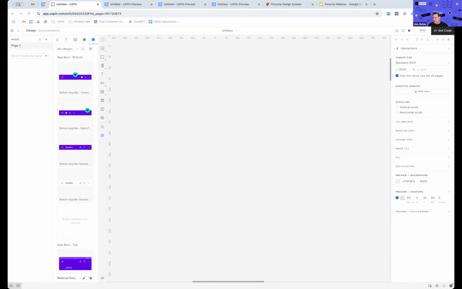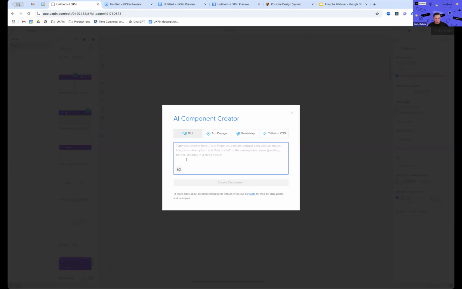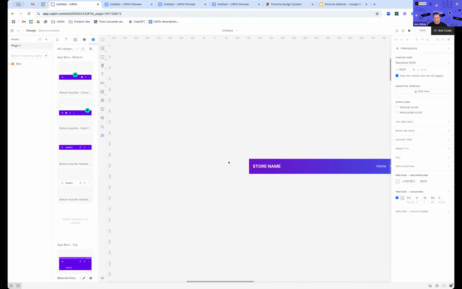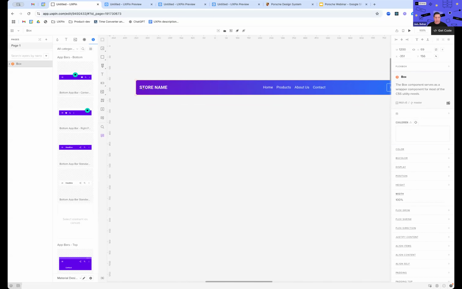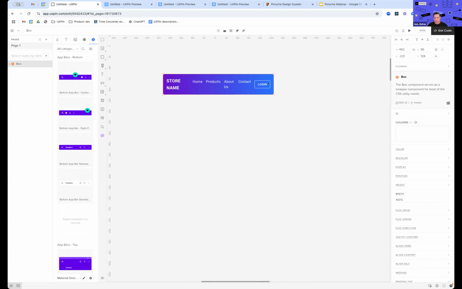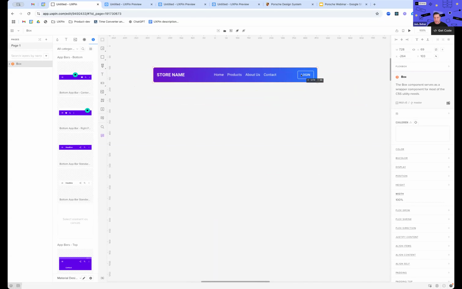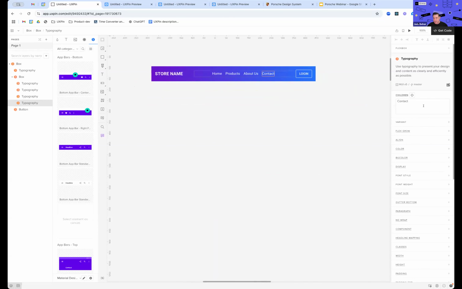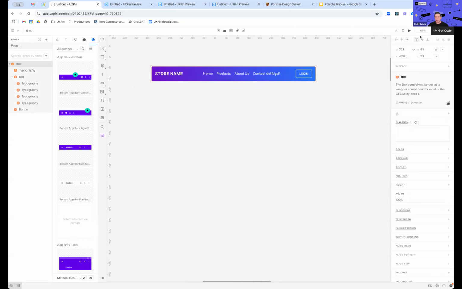Of course, the next use case could be something like a wordy prompt here, creating a nav bar with a gradient background, place the name on the left, and so on. And here it is. This is all built in MUI code. This is not vectors. This you can go into after and, of course, start modifying in any way, shape, or form. And when I preview this,